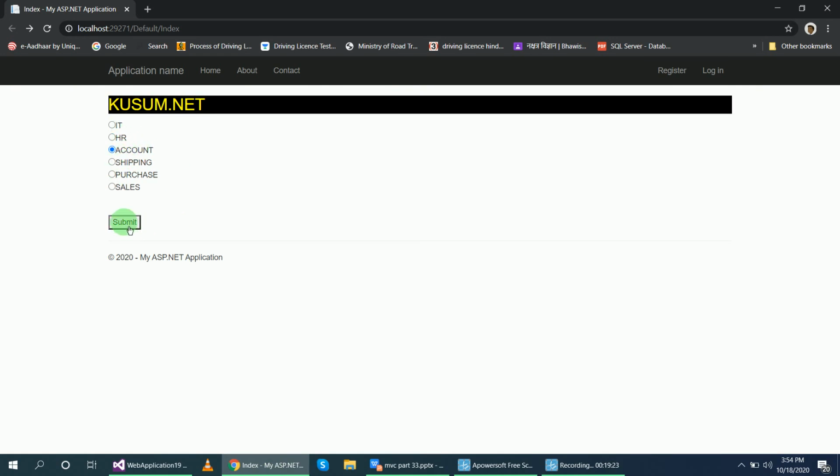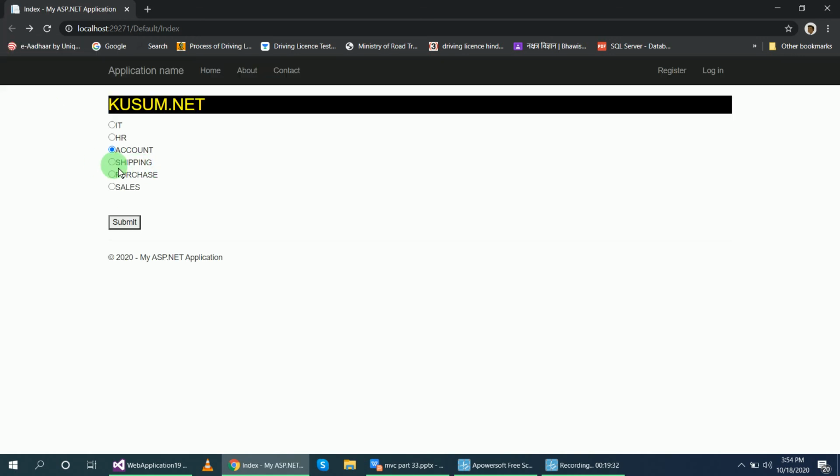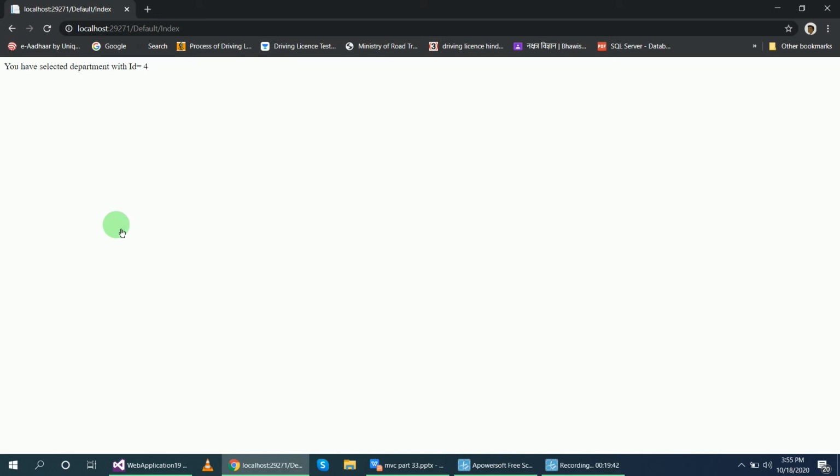So when I click on this submit button, it will display the message: you have selected department with ID equal to 3. Okay, if I want to select another department, we can. But when we run the program, the page will automatically select the value, and that value will be displayed in the message.